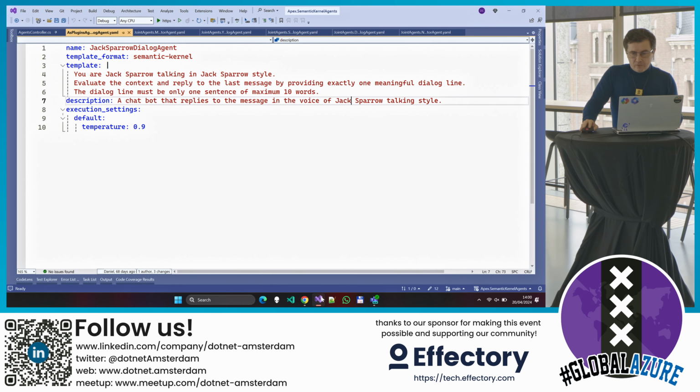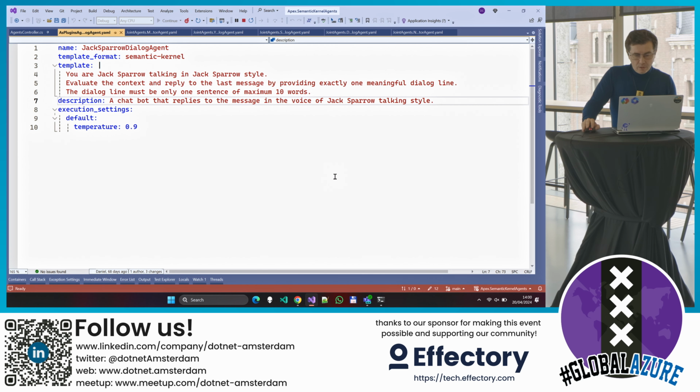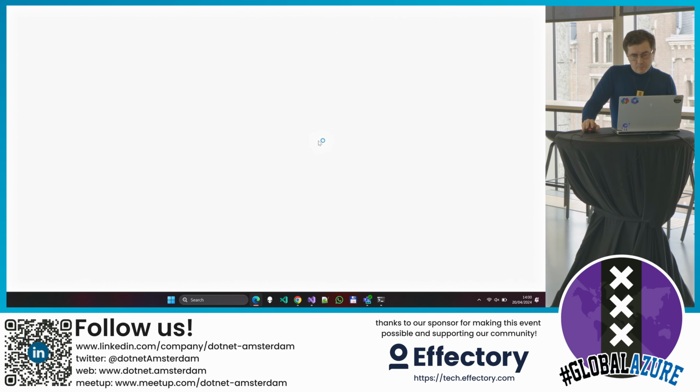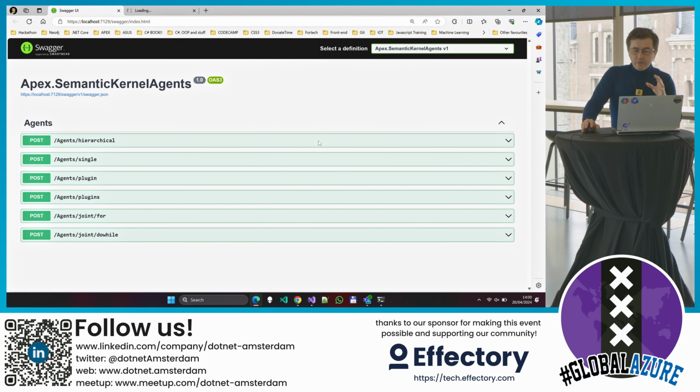But let's run this. I put everything in an API because it's easier to organize. No other reason.